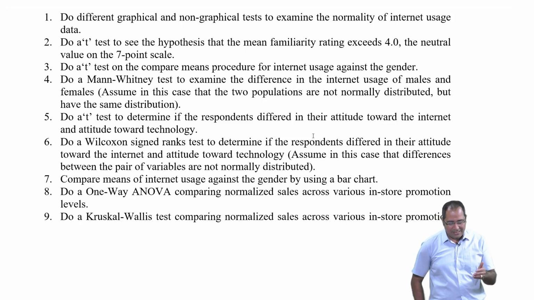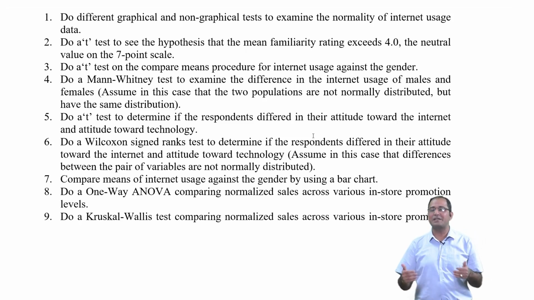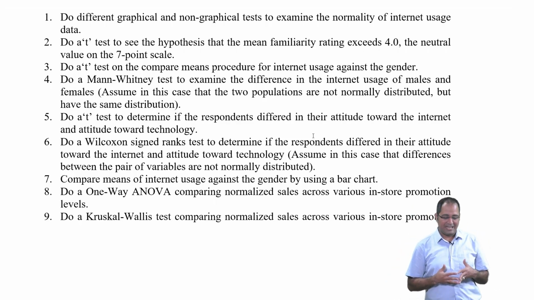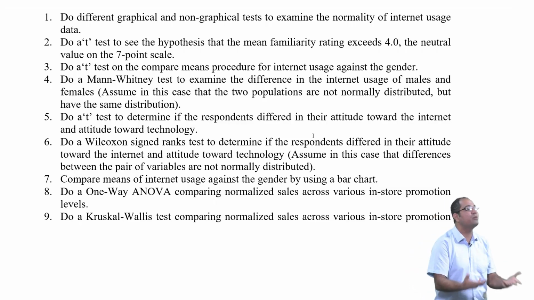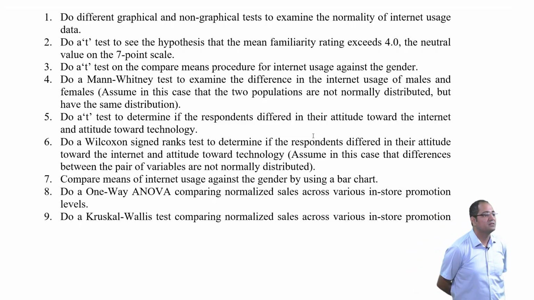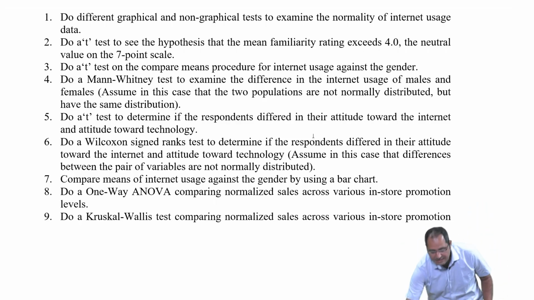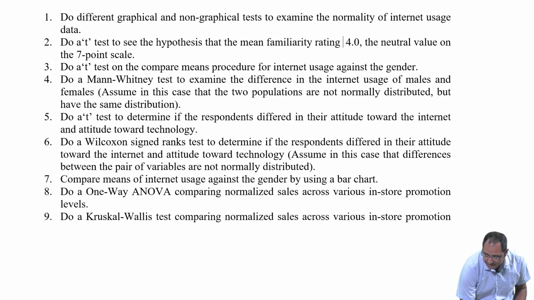Now the second one is: do a t-test to see the hypothesis whether the mean familiarity rating exceeds 4. Let me simplify it. The mean familiarity rating is equal to 4. What will be your null hypothesis? Let me make it even simpler. Mean familiarity rating